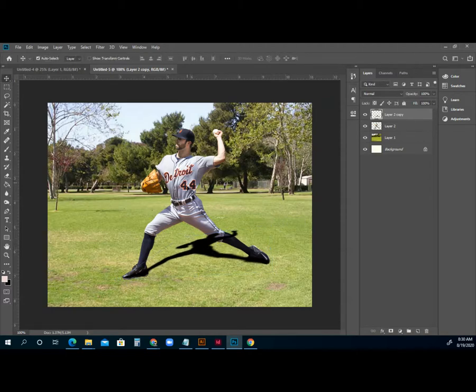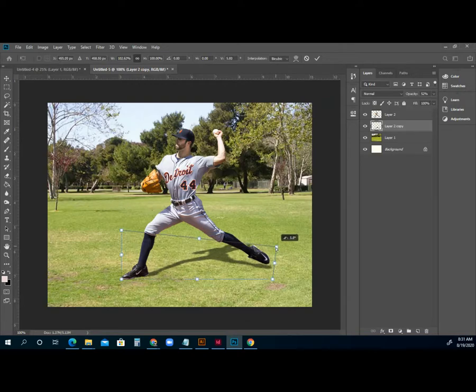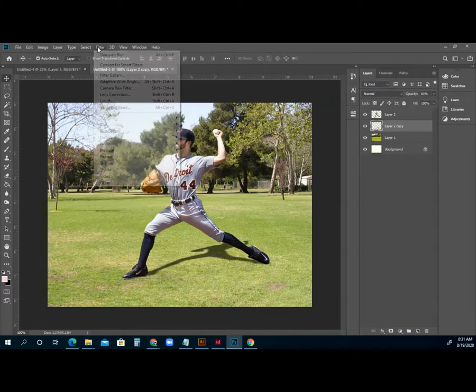Also, his shadow's in front of him. That's not real. So I'm going to take this layer and drag it down. So now that it's under him. Also, it's too harsh. So I'm going to set the opacity right here of this layer to less. So we're just going to kind of bring that down. I'm going to Control T and skew it a little bit more just so it kind of pull it down a little bit more. And maybe it should just be a little bit darker. Bring that up. And I'm going to blur it one more time. Just filter,